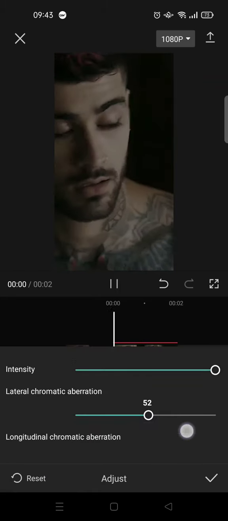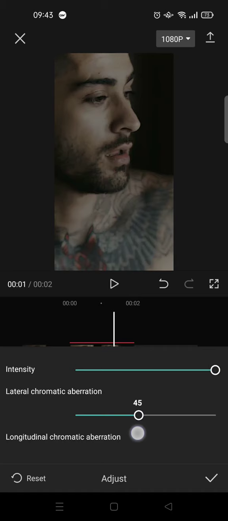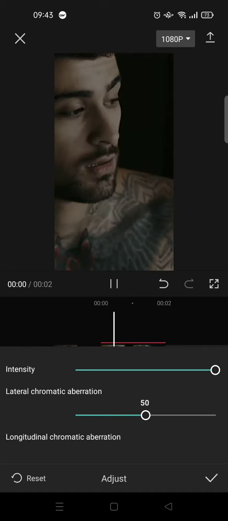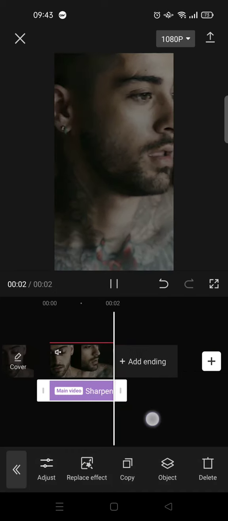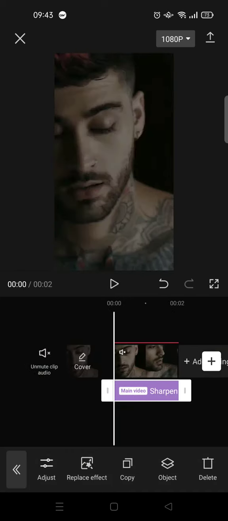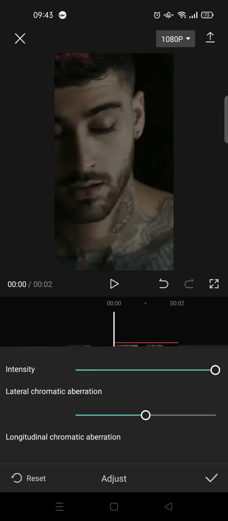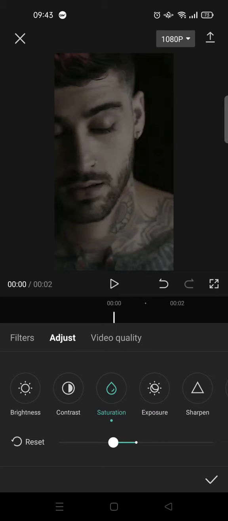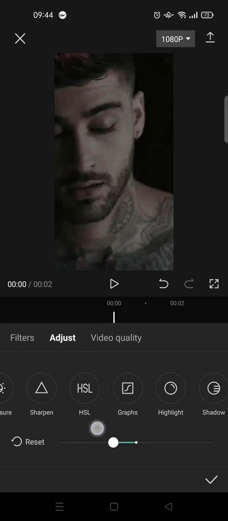Set the here into 50. Click on the check icon and then go to adjust. Oops. Okay, go back first and then go to adjust and then set the saturation into -15 and then set the highlight into 10